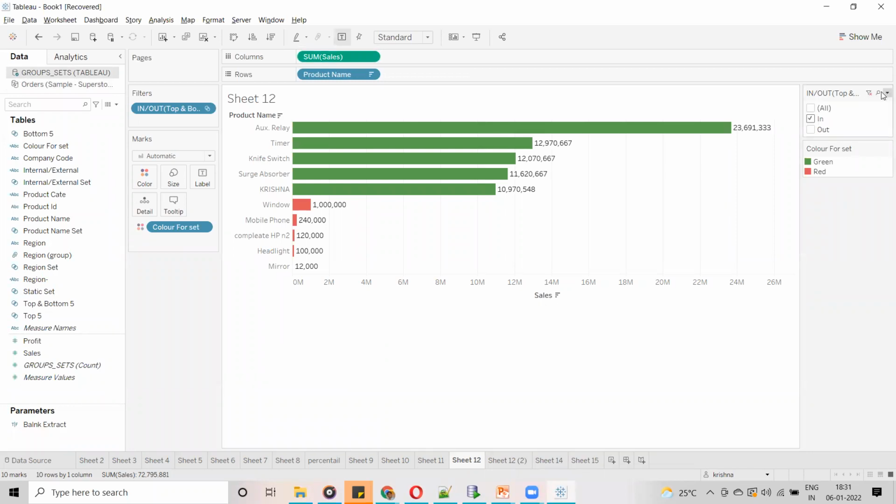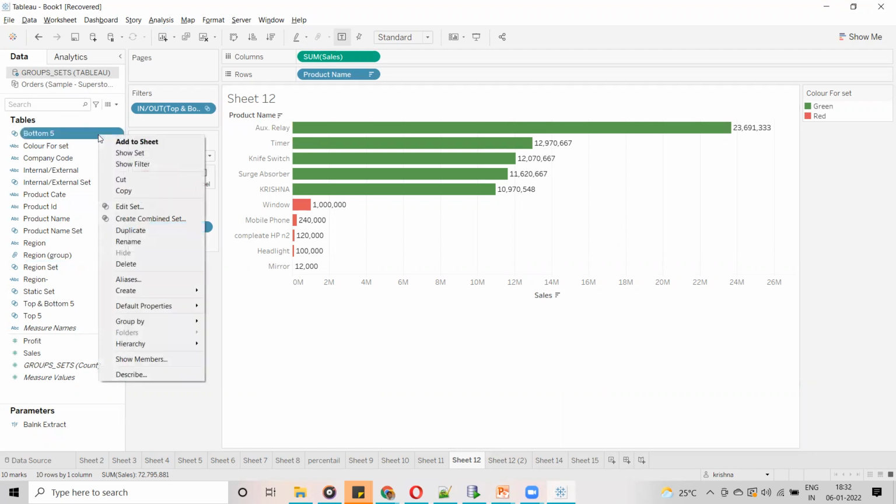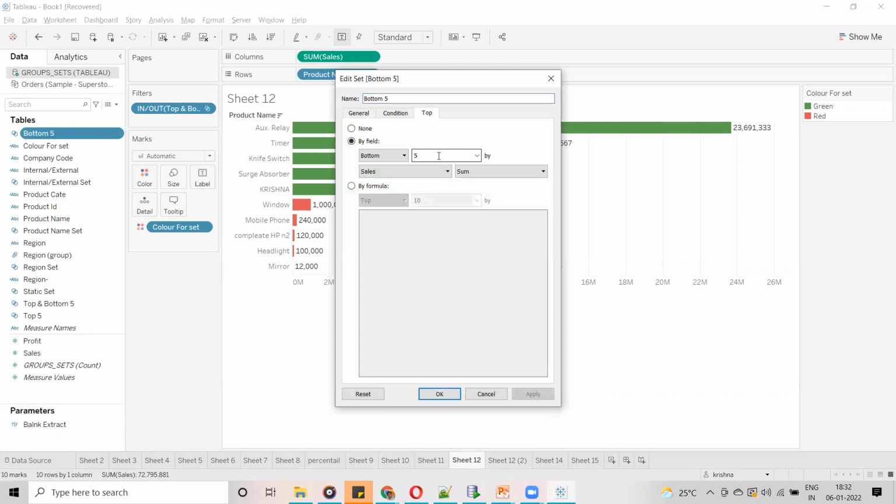You may ask, okay fine, we are displaying top 5, but what if the customer wants to see top 10? Are we going to create a new report? No. The report is already live, and a lot of customers are already using it. In bottom 5, if I go and edit the set and change it from top 5 to top 10, you can see it is going to change.